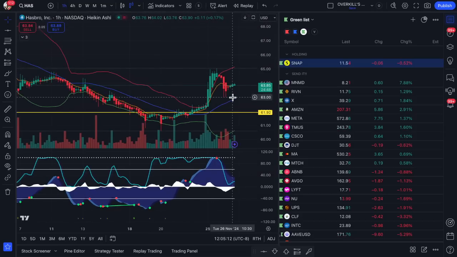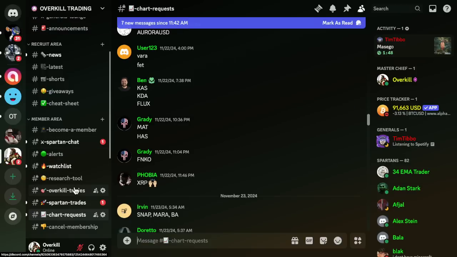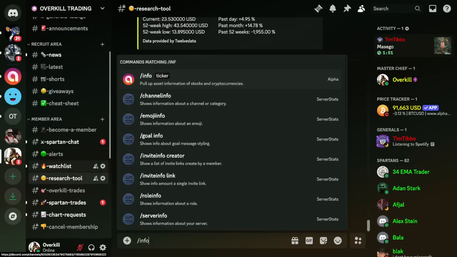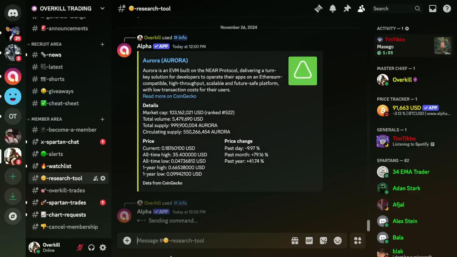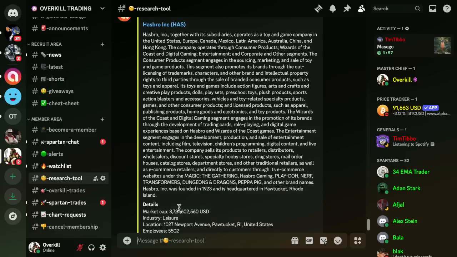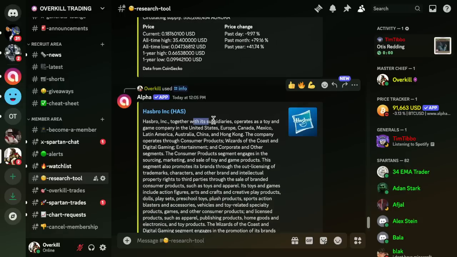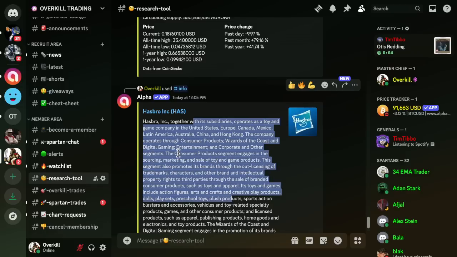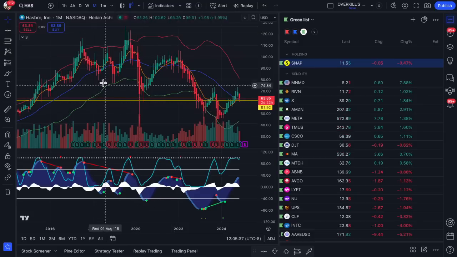Another name I'd be in here on the hourly looking for pullbacks here. What is this name? HAS, Hasbro. Is this like an energy company? Or leisure? It's a leisure company. Toy and gaming company. Interesting. Digital gaming. Interesting. Okay, I might put this one on my green list just to watch it this week because